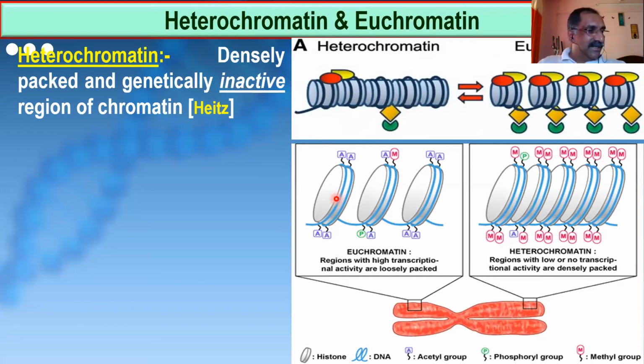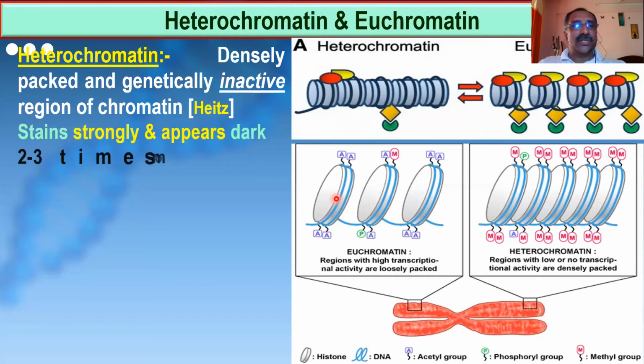Now the next thing is that you can expect this also for a short question examination. The topic is heterochromatin and euchromatin. Before I go to the theoretical area, you see the picture over here. It is clearly mentioned what is heterochromatin and what is euchromatin.